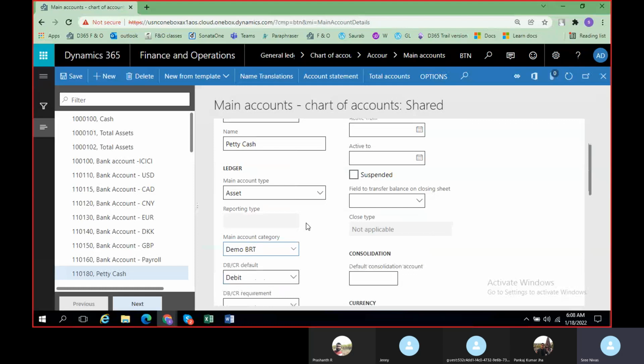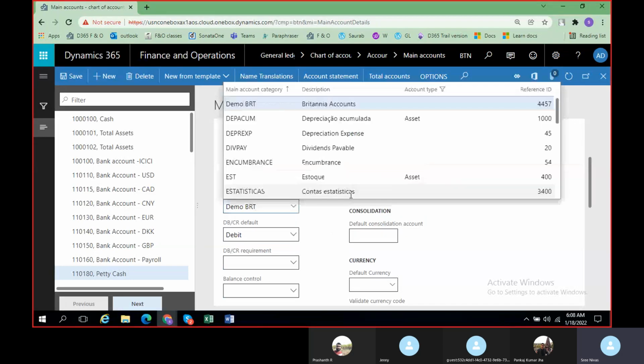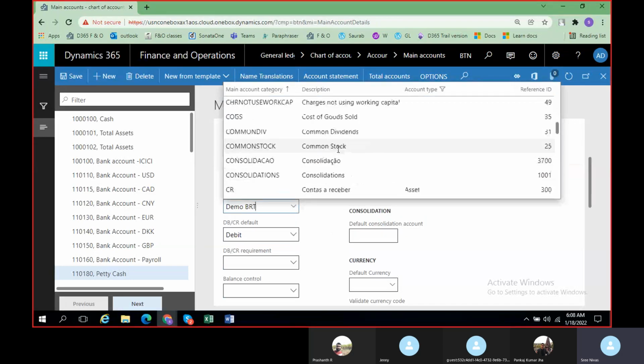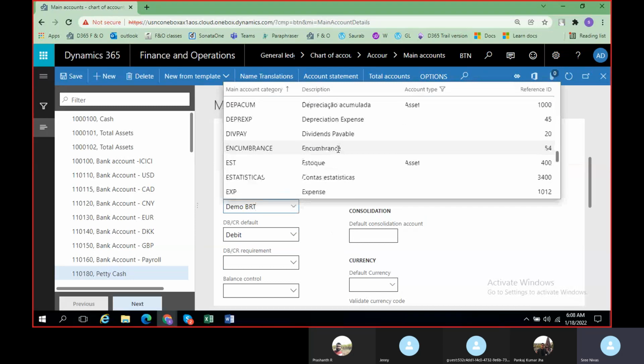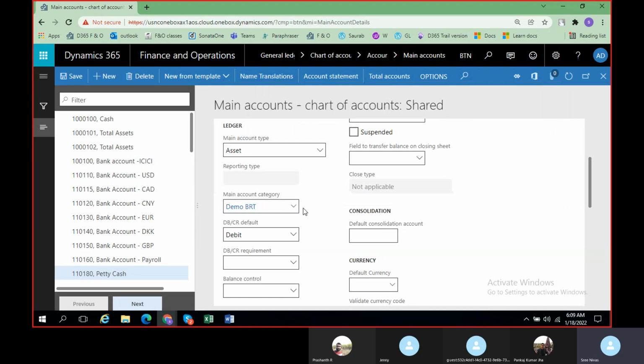Depending on the requirement, for example, if there are two or three different accounts for dividends payable, you can give them the dividends payable category, and the transactions related to dividends will be shown here. And if there are two or three accounts related to depreciation expense, you can do the same. So these main account categories, either you can select it here and link the accounts, or else